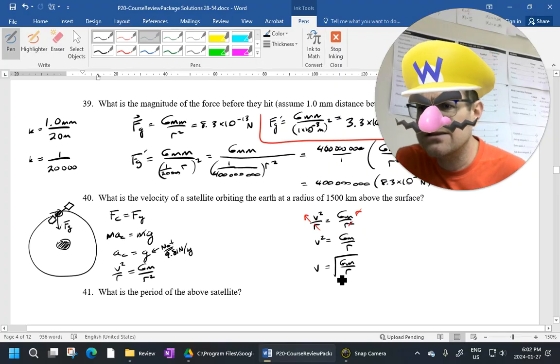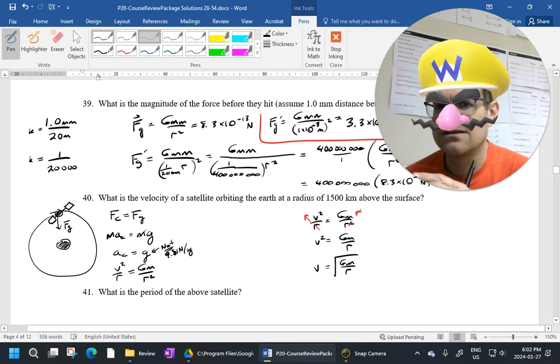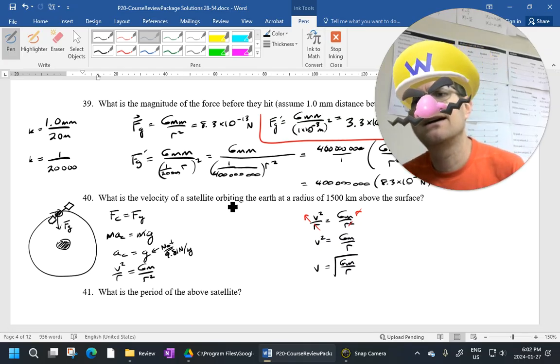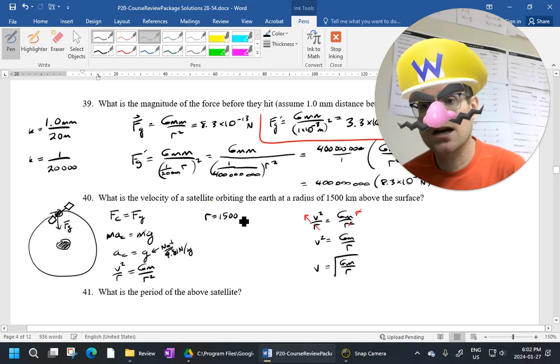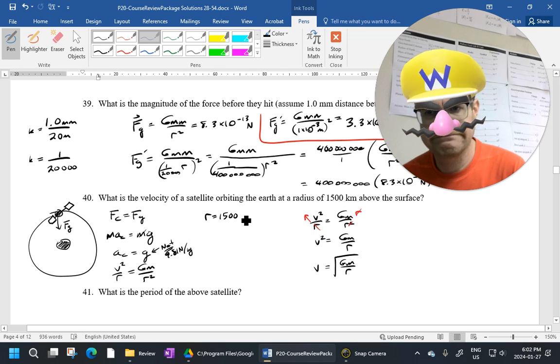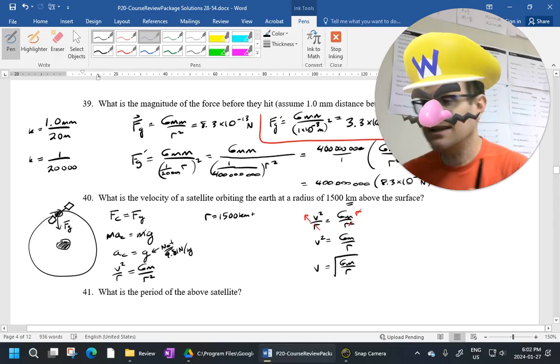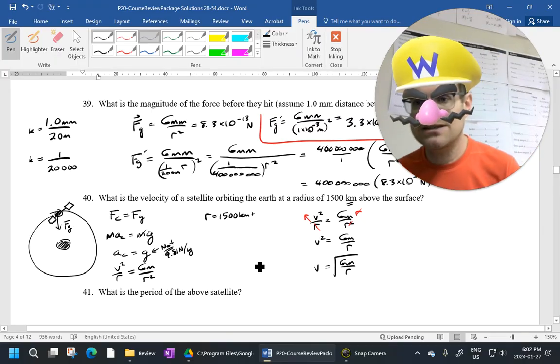Oh, what is the radius? Remember the definition of radius is from the center out, not from the surface out. That's above the surface. So the radius that we have to use here is the 1,500 kilometers plus the radius of the Earth, because I've got to get to the center of the Earth. So it's from center to center. So 6.37 times 10 to the 6